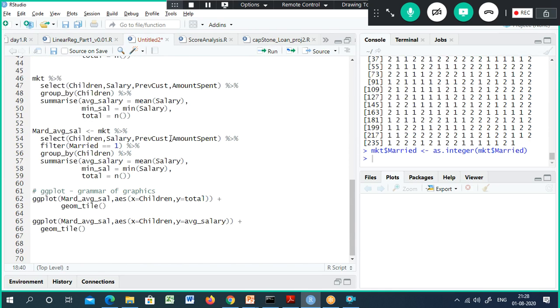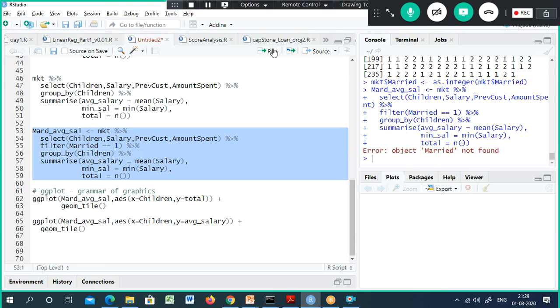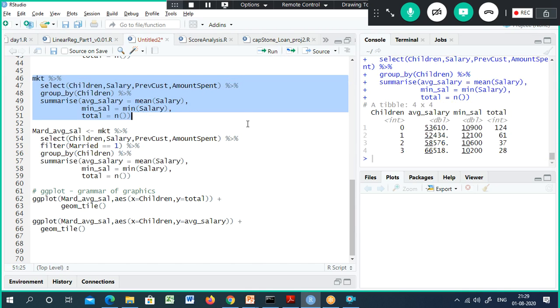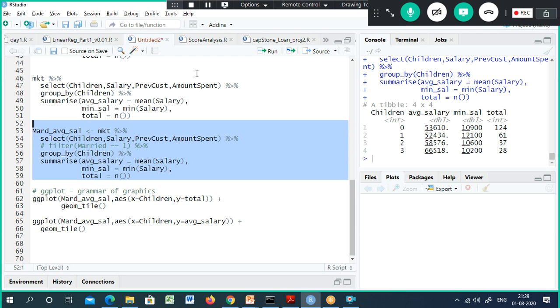So this is the one, and I'm going to use married. Object married not found. So what is this? What happened here? This one is working fine. Why is this one not available here? Married equal to 1. For the time being, I'll show you later.